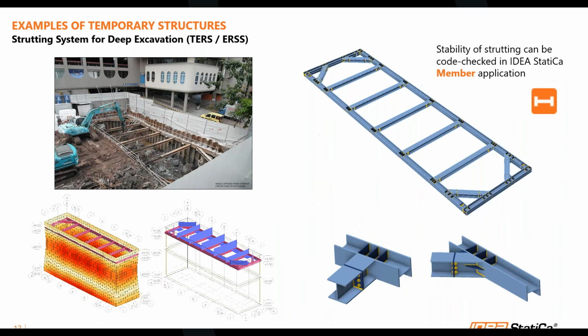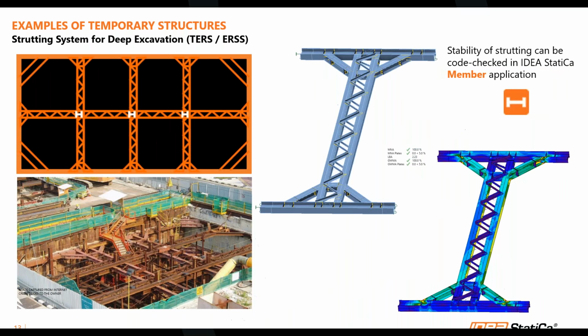Another example of a temporary structure is a strutting system for deep excavation. Here, as I mentioned, you can use the Member application as well to check the stability of the frames. This is actually for single strutting, but we also have some examples for laced strutting systems. Laced strutting is very common for very deep excavation, wherein you really need to check whether your struts are